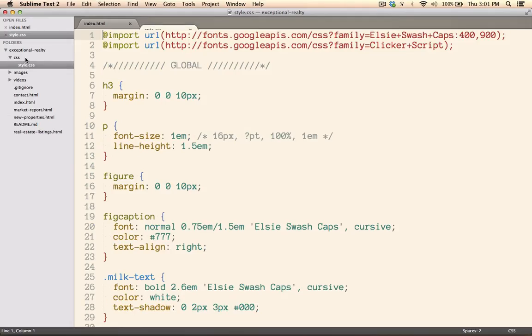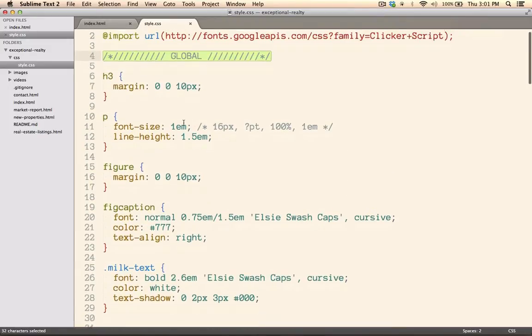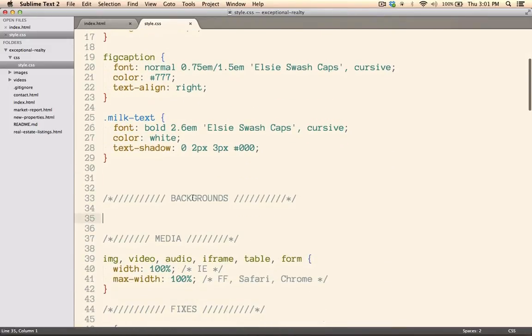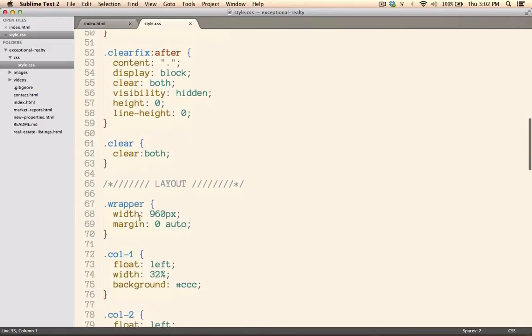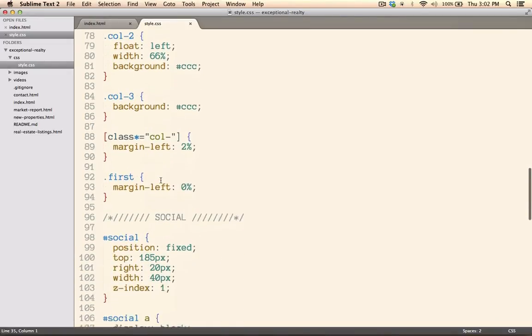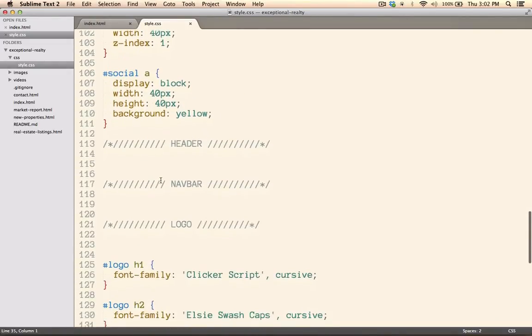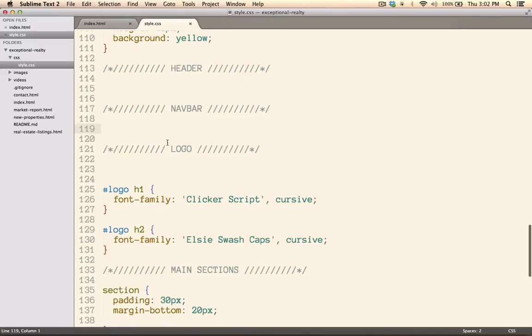So I'll go ahead and bring up style.css here. And I removed some of the other comments about the selector types, and I just added these general bookmarking type of comments here where I just basically set a section for all the global styles. Here's where we'll be creating some classes for the different backgrounds that we'll be adding in. And I also labeled here all the different sections, such as the header, the nav bar that we're going to create,